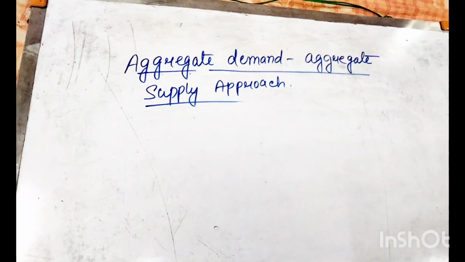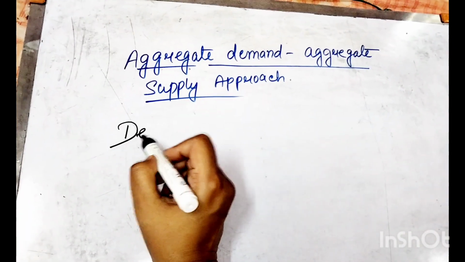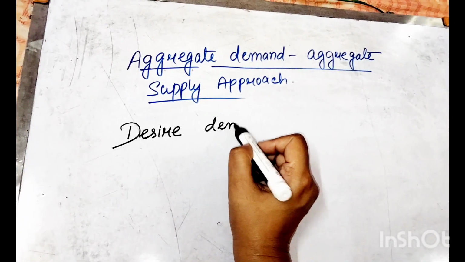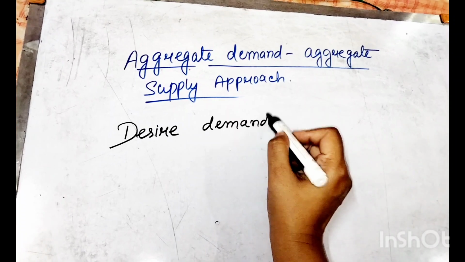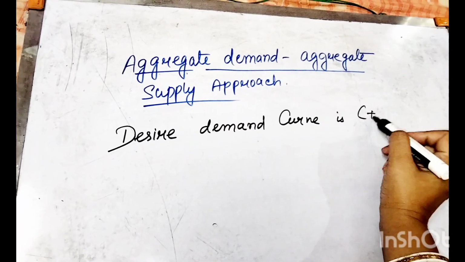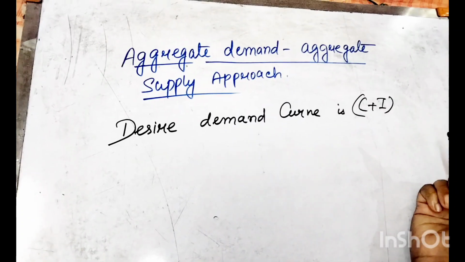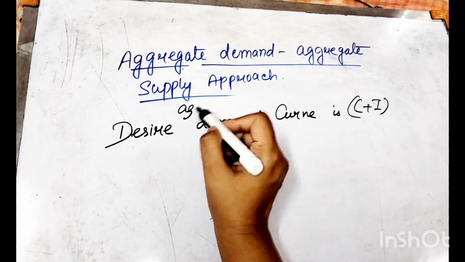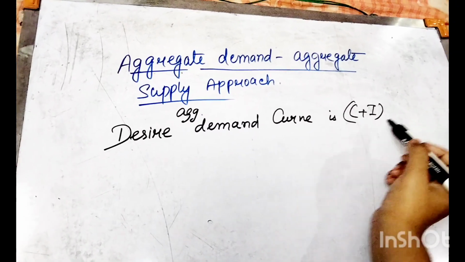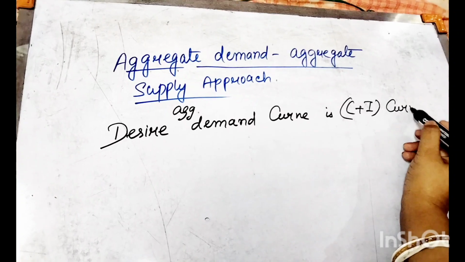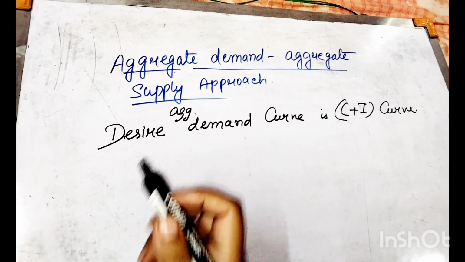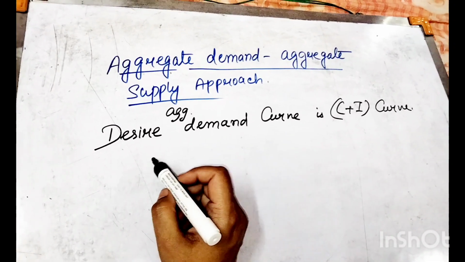and the desired aggregate demand curve is represented by C plus I. Okay, this is the desired aggregate demand curve, represented as the C plus I curve, and it is derived by the vertical summation